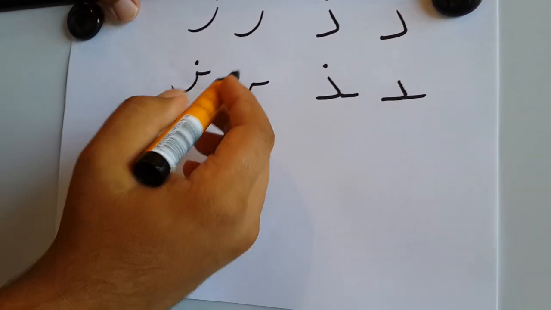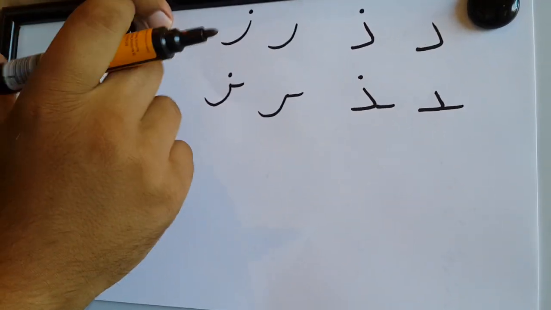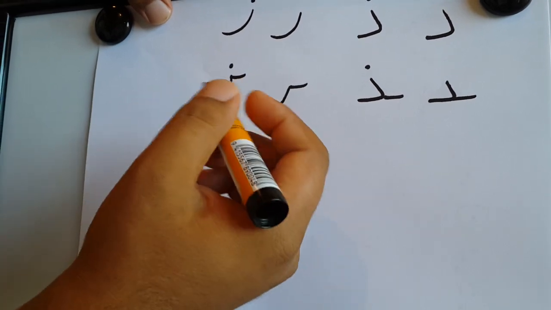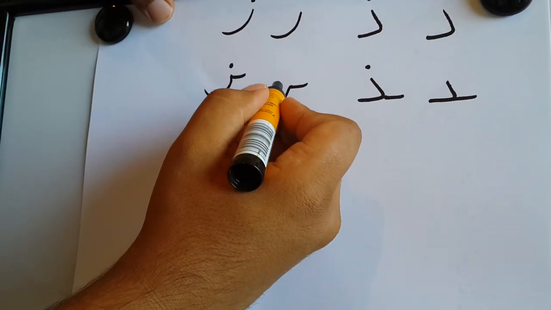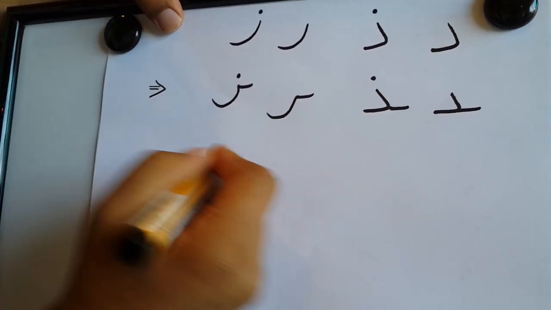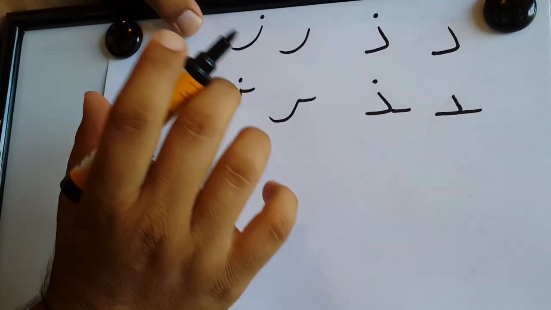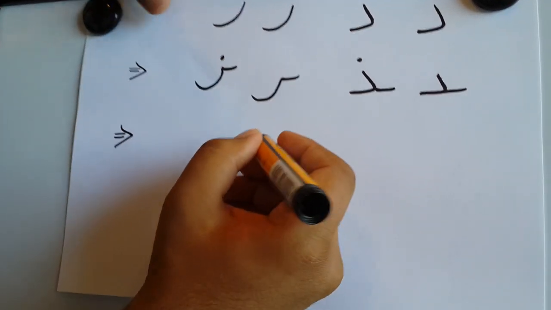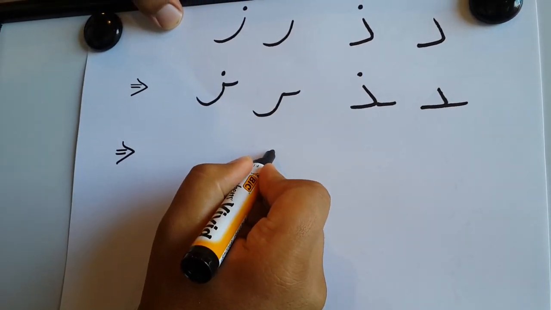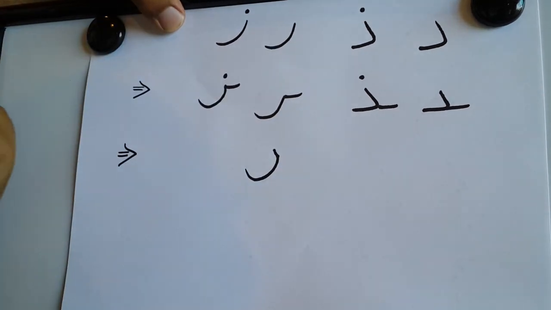A little note here about the Ra and Zay. There's a different Arabic calligraphy that are common for the shape of Ra. Now this first one, which is called Ruq'a, and the second one, I'll show it to you, just in case you see it somewhere, so you know it is the same. The different shape for Ra could be written like that. So Ra,